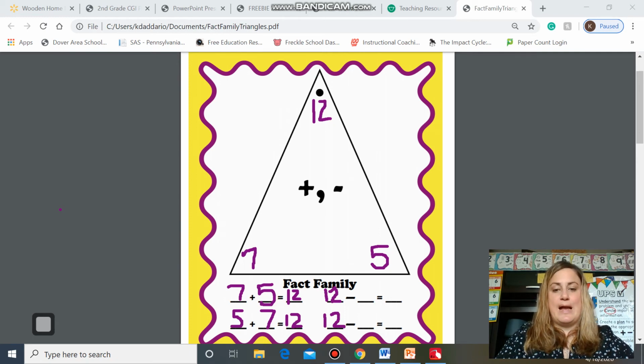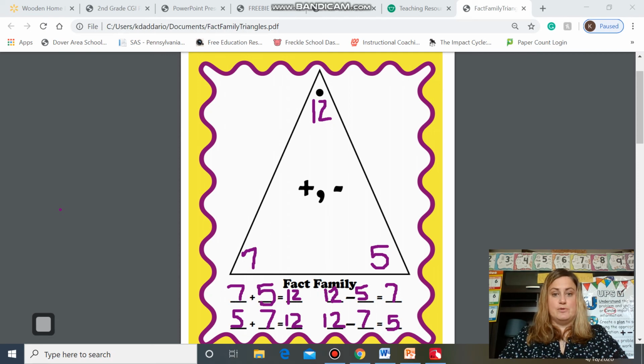Now I'm going to go back and look at my two numbers down below, and it doesn't matter which one you put first, so I'm going to put 12 minus 5 equals 7. Then I have to switch them. So I already have the 5 here, so I'm going to put the 7 here and 5 as my answer or difference. So again, if you look closely, we use the same three numbers for all four of these equations,